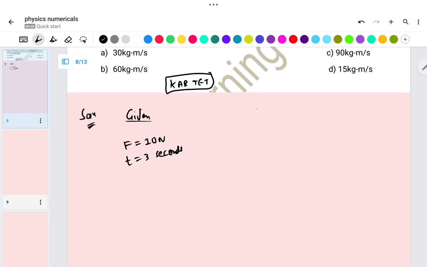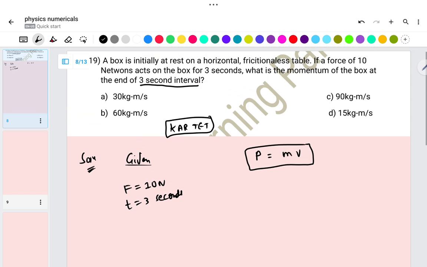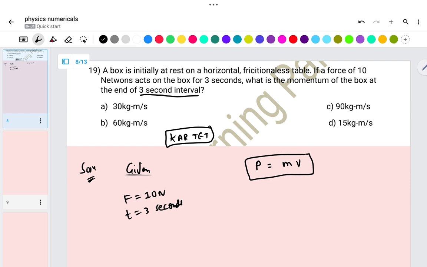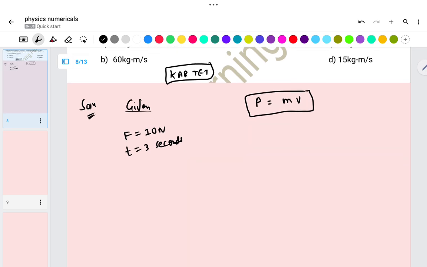So what is the momentum? Momentum is defined as the product of mass and velocity. Okay. Here there are two methods we can solve this. So I will go through the impulse momentum theorem, which states that the change in momentum